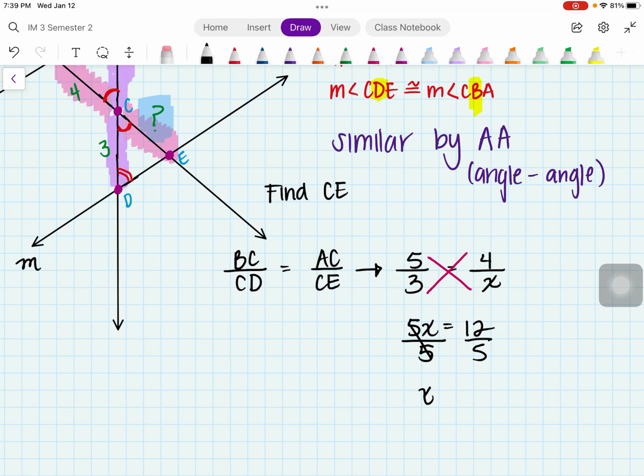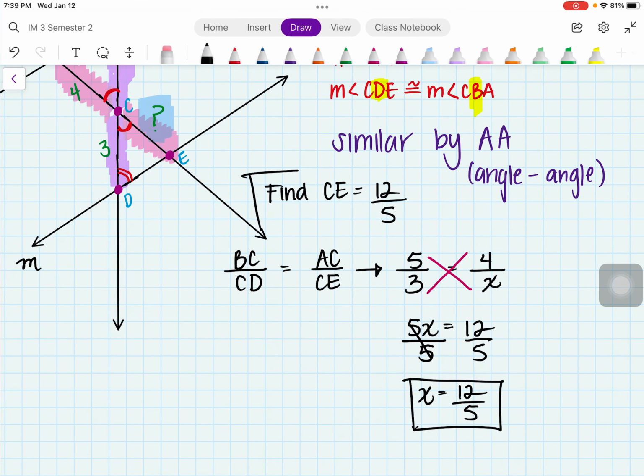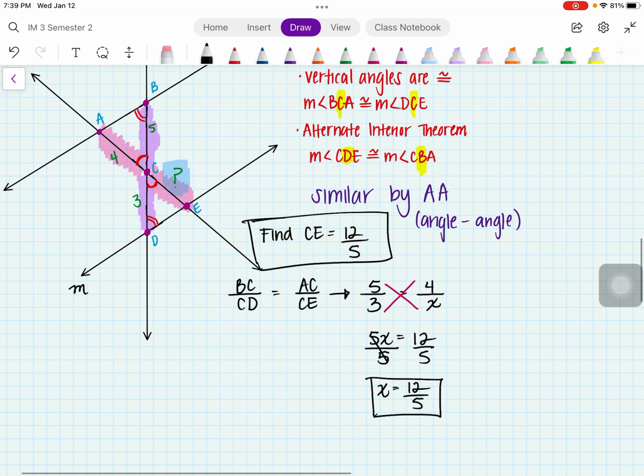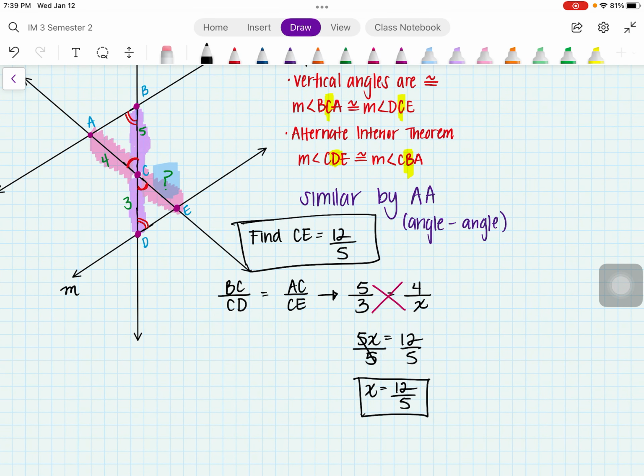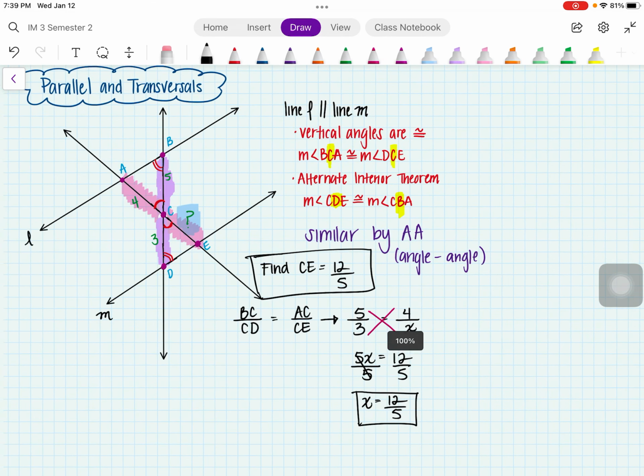If I want to solve for x here, divide by 5, x equals 12 over 5. So that's actually not x, but it's actually CE. So that's our answer. And that's what we're going to be doing in the course for today. You will be solving for missing sides, and then you